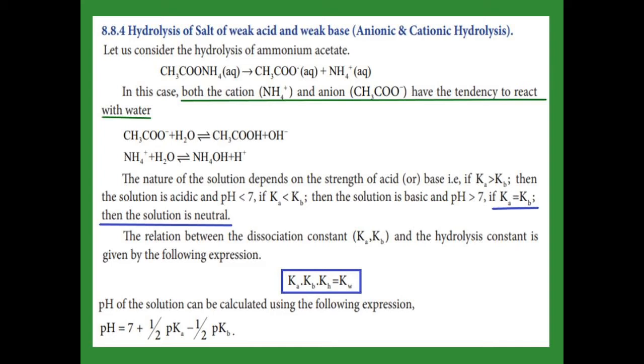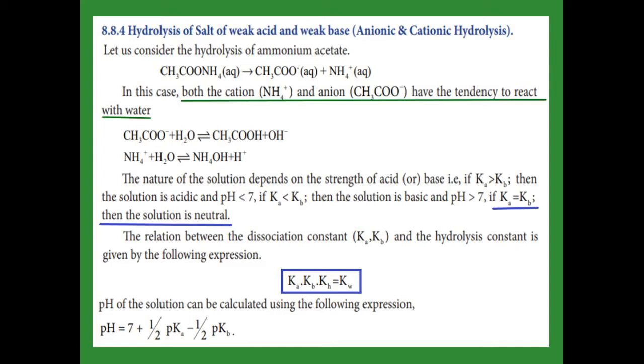Then both of them produce OH- and H+ concentration. If the H+ concentration increases, we say that it is an acid. For that the Ka value will be greater than the Kb, and the pH value will decrease for an acidic solution. Sometimes the OH- increases, which means it is a basic one, then the Ka value is less than the Kb value, and the pH value is greater than 7. Suppose the Ka is equal to the Kb value, then the solution becomes a neutral one.